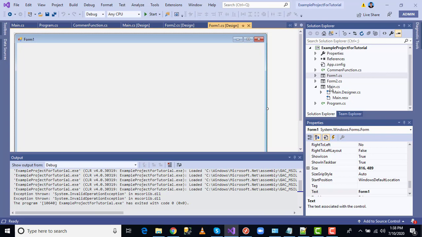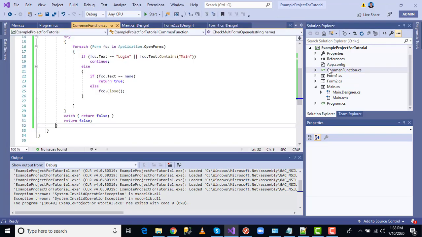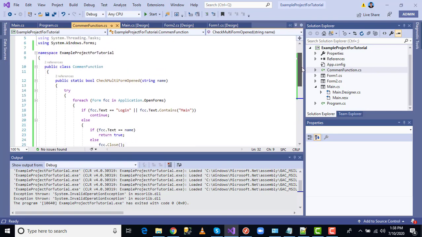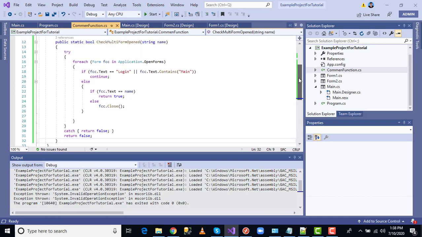I designed that in this common function: I created one class file to handle this dynamic concept. This common function class is used to hide the forms. I will explain at runtime how it works, but first I have to explain what this code is.